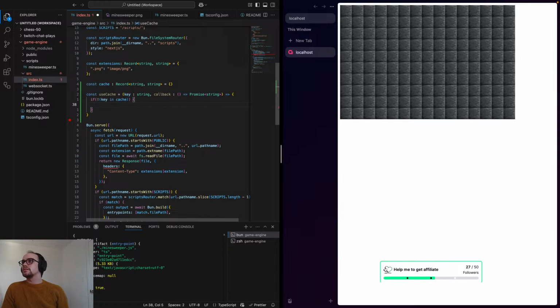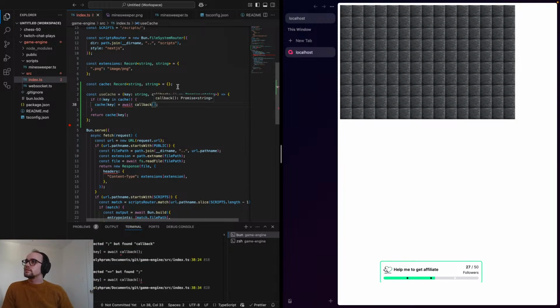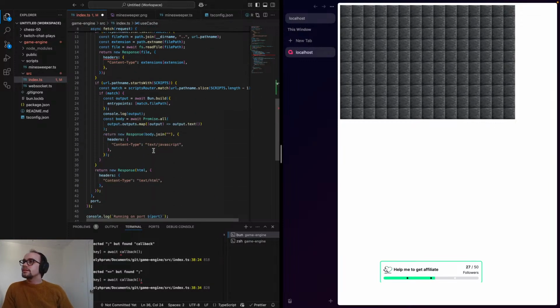Then we'll say cache sub key equals delete callback. I'll make this async. And then in here,